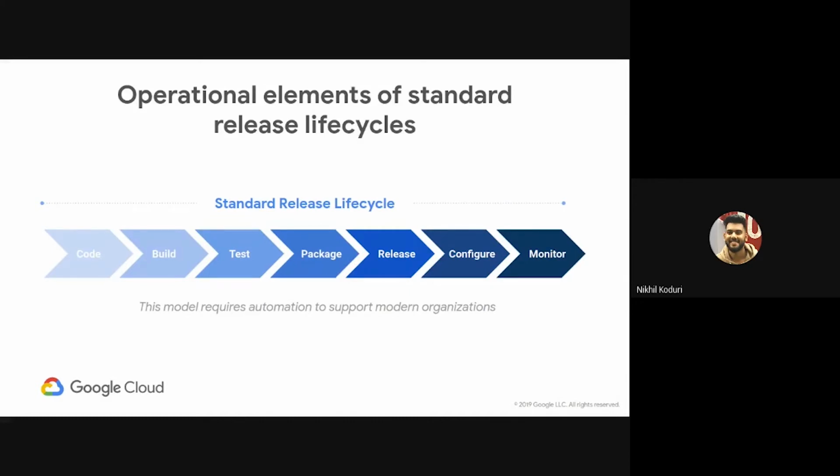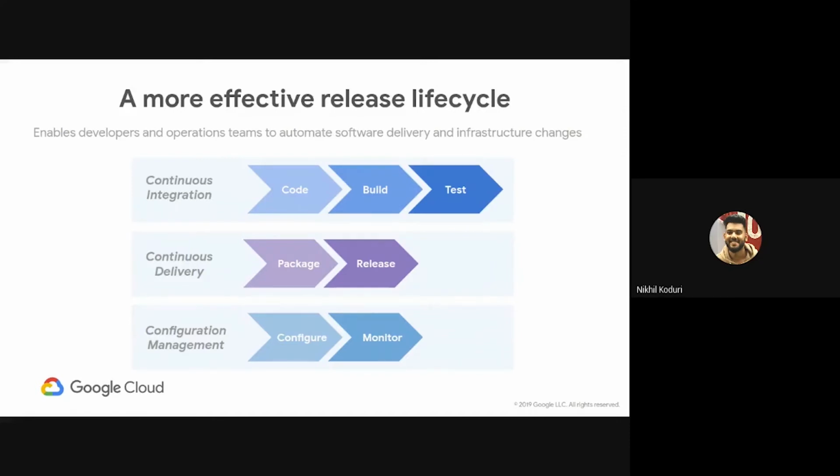And once all these things are done, we have to monitor all the deployments that we have done, and monitor the services that have been deployed. So this is the effective release cycle. You have your continuous integration that carries out your code build and your test. And then you have your continuous delivery that packages and releases the application, deploying it to the desired endpoints, the desired end states that you would have. And you finally use a configuration management tool to provision the resources and services that are needed, configure the systems that these applications would be deployed on, and monitor them efficiently.